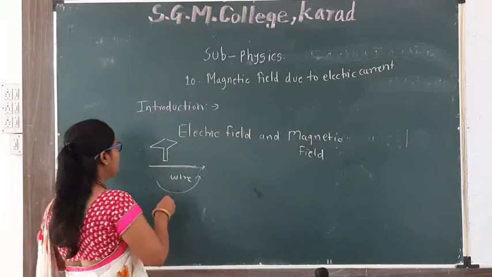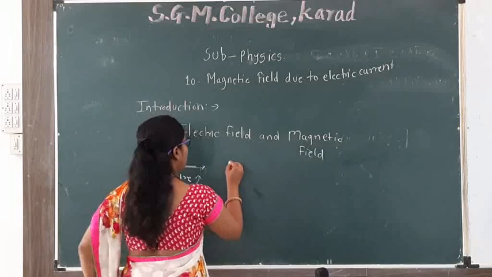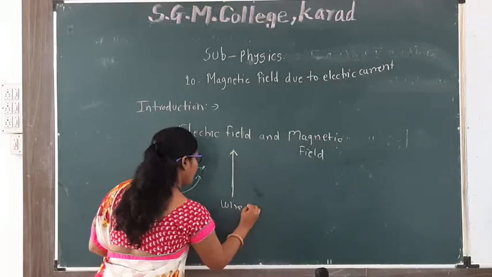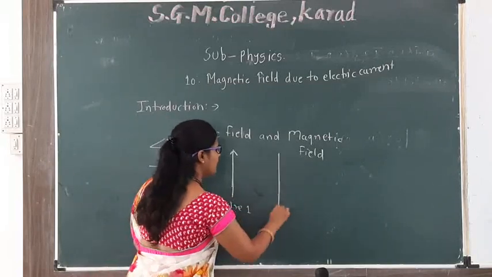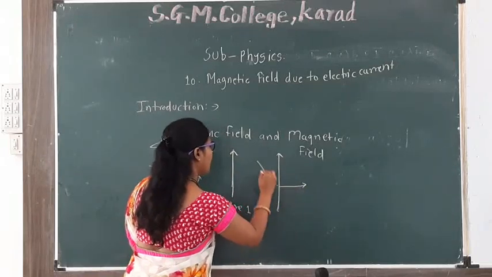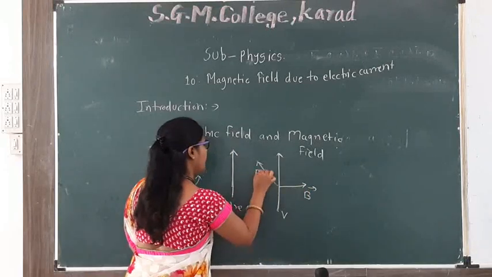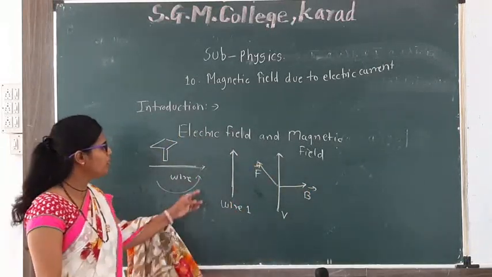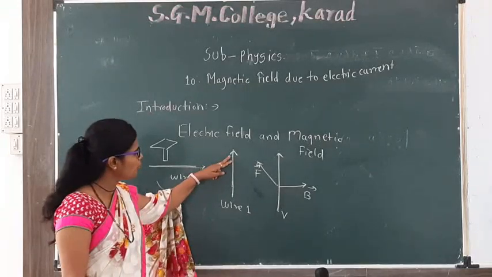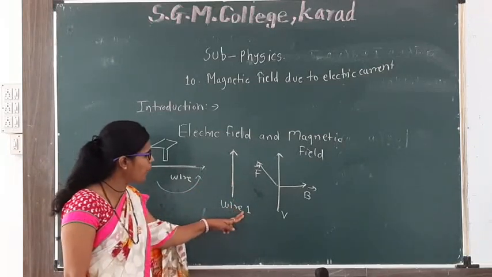Now, how to find the force? Consider the force on current carrying wires: there is a first wire and a second wire. How is force applied to the current carrying wires? Now, the magnetic field due to the first wire at that point.